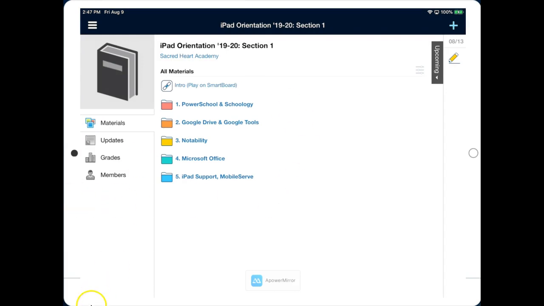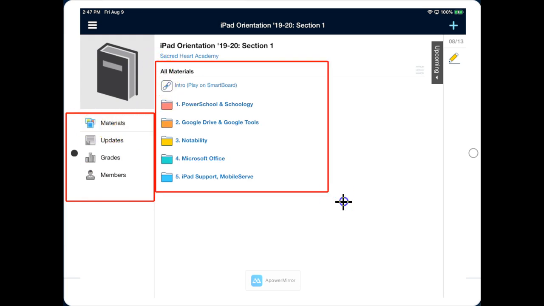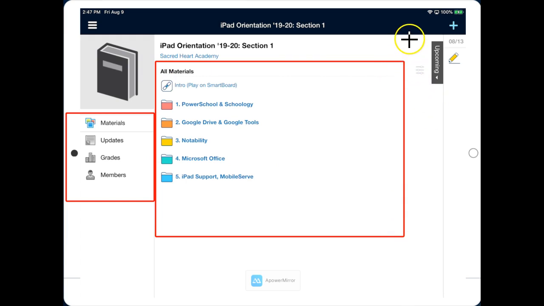When we reach the page for the class, there are 3 main sections. There's the menu bar over here. Again, we won't use grades. Members shows you who's in the class, but materials is really what we'll be using. In the middle of the screen, we have the course content, and over here we have little reminders about upcoming assignments. So if we click this upcoming tab right there,